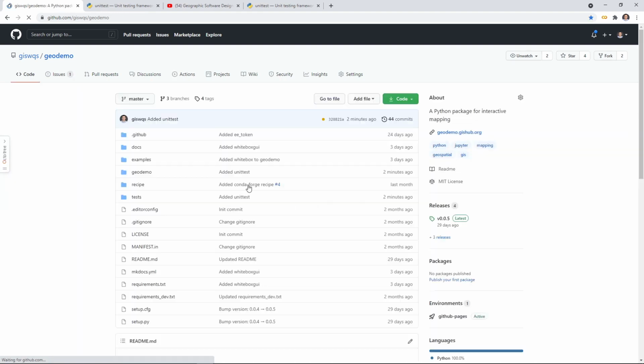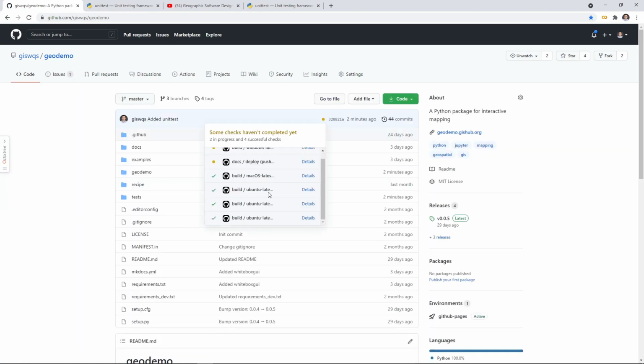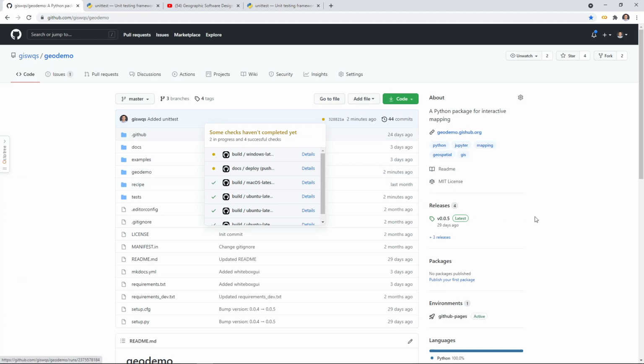So again, you might need to wait for a few more seconds before everything is finished. If you see the green check mark, that's a good sign. If you see a red cross, then you need to click the details to see what's wrong